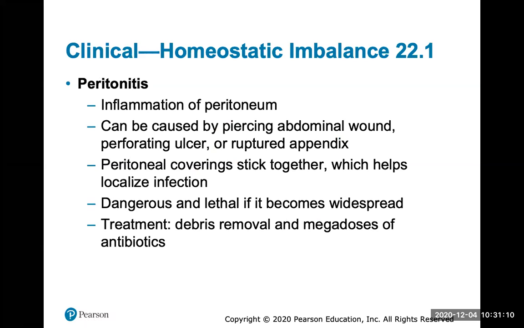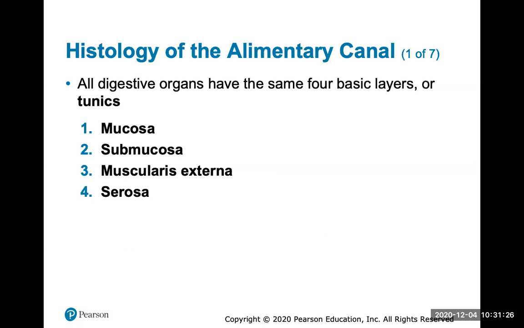Peritonitis is just inflammation of this peritoneum membrane. It could be caused by a piercing wound, an ulcer, or a ruptured appendix. It's dangerous and lethal if it becomes widespread, and the treatment for it is to remove the debris and give a lot of antibiotics. The histology: all of the digestive organs have the same four basic layers or tunics,